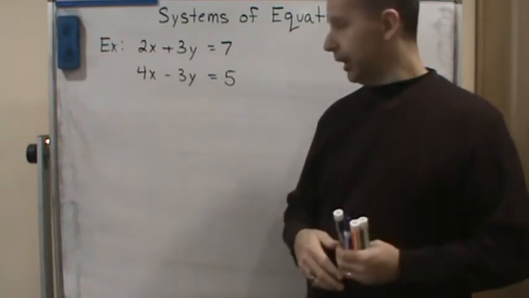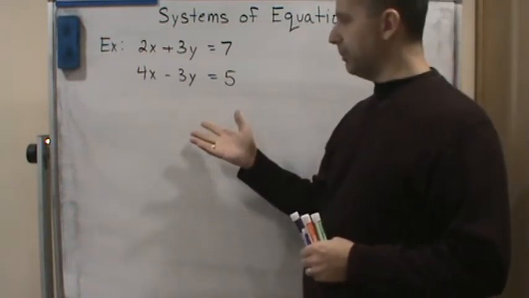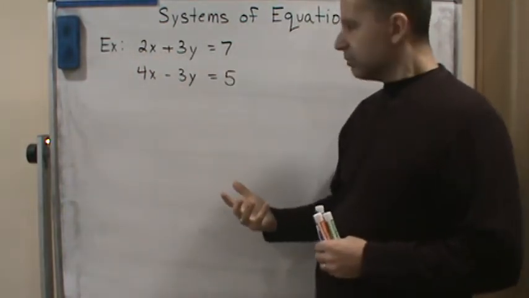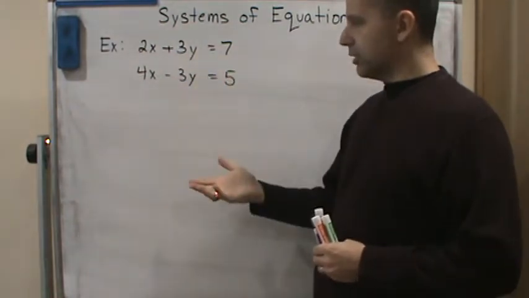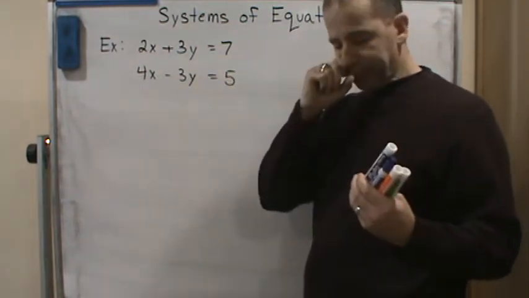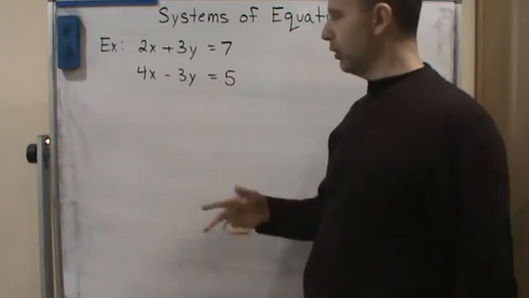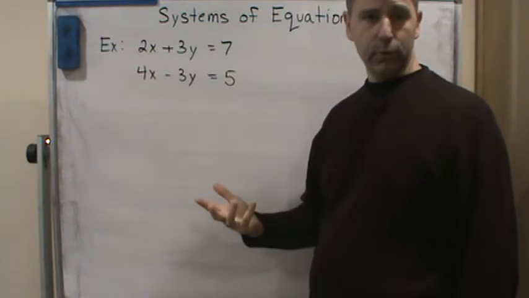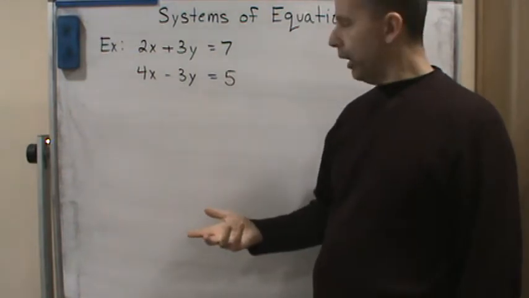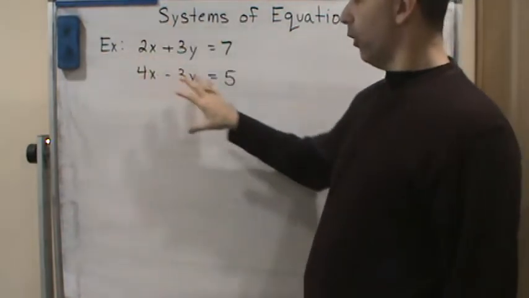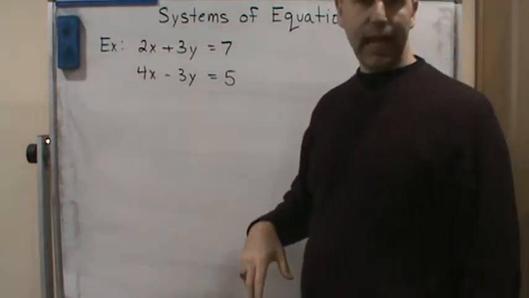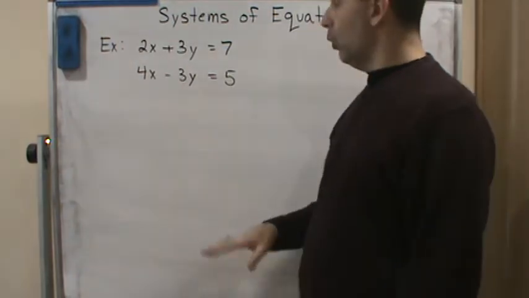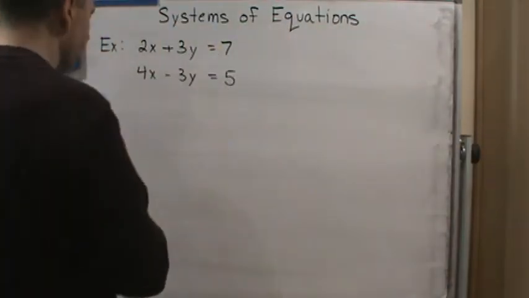way it's set up. Like, for example, in this case here, this is set up so that each equation is in what we call standard form. And since both of these equations are in standard form, in order to use the substitution method, we would have to solve one of these two equations for one of the variables, right? Either x or y. Well, since it's already in this form, instead of taking the extra step and solving for one of the variables and using the substitution method, well, what we could do is, if you notice that we have